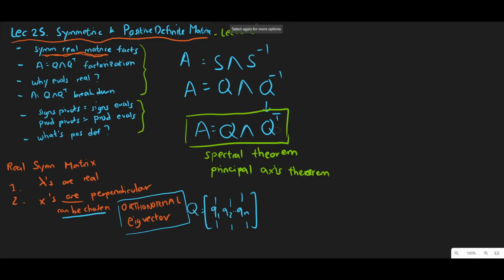Okay. Now, in the lecture, Professor Strang proved why the eigenvalues are real. So let's just do that here. Okay, so I have a matrix, I have an eigenvector, and I have an eigenvalue. But we know so far that the eigenvalues can also be complex numbers. So it makes sense to me if I also take the conjugate of them. For example, if I do this,